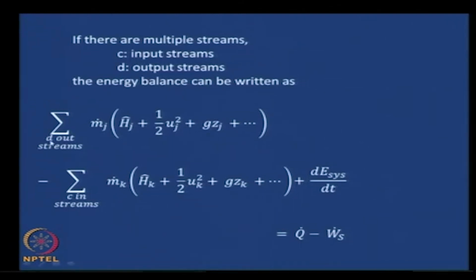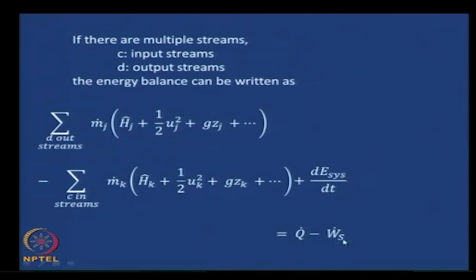Therefore, sum over D output streams of mj dot, where j is the index for the outlet streams, mj dot times hj hat plus half uj squared plus g zj plus the terms that correspond to the other energies of these streams, minus sum over C inlet streams or input streams, where k is the index for the input streams, mk dot times hk hat plus half uk squared plus g zk plus the terms that correspond to the other specific energies of the streams, plus d/dt of E of the system equals q dot minus